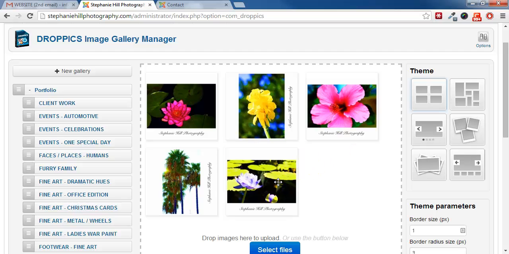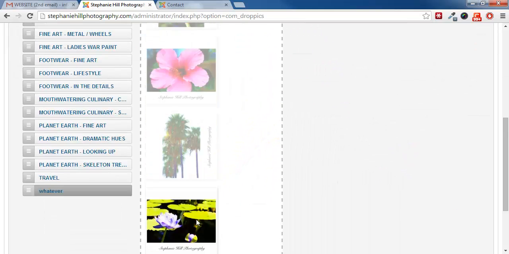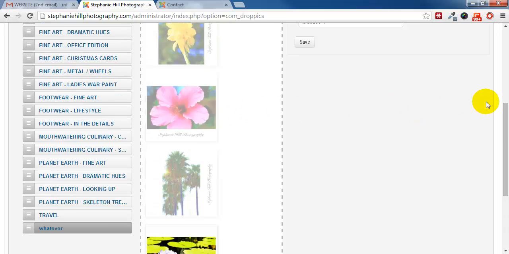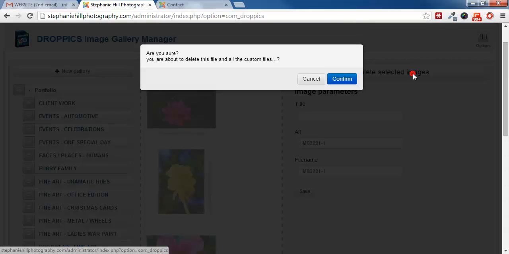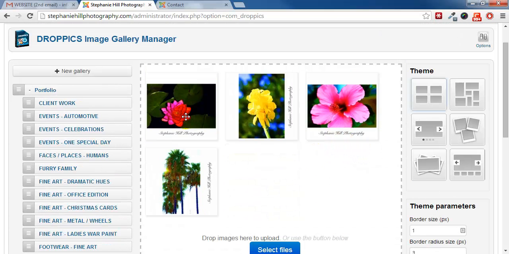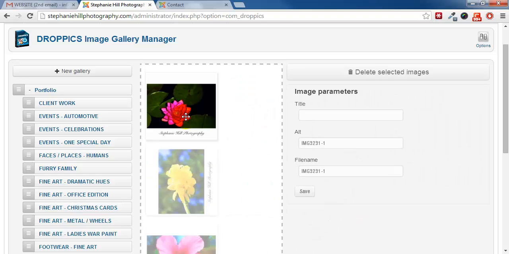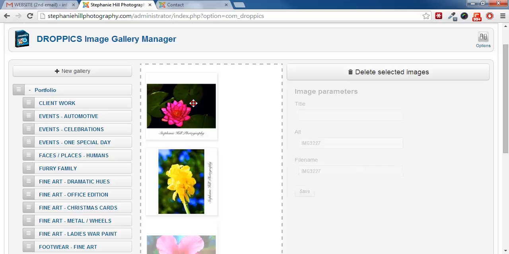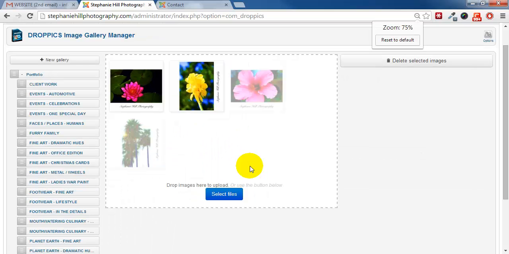If I want to delete an image, I can click on the image. See, this one's a little bit darker. That means that's the one that's clicked on. Now go over here and delete selected images. Confirm, yes. If I want to delete many of them, I'm going to basically hold Control, and I'm going to, sorry about that,